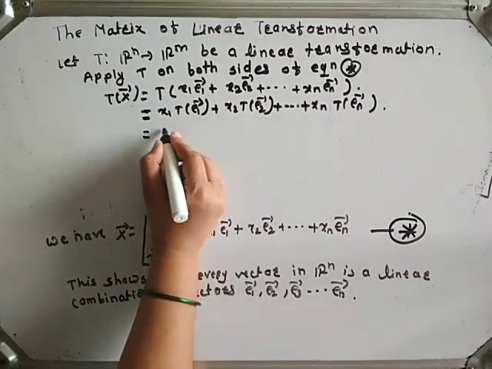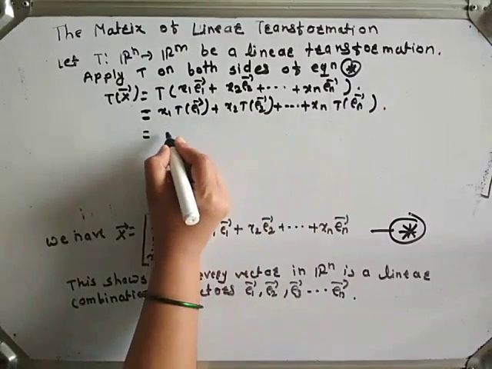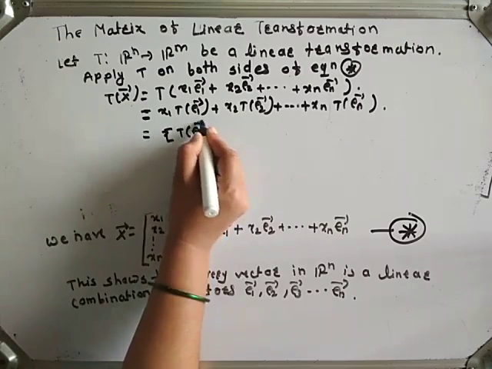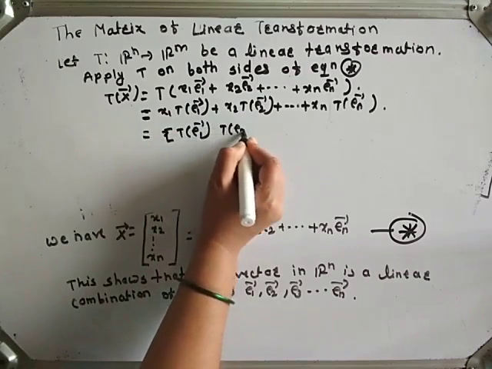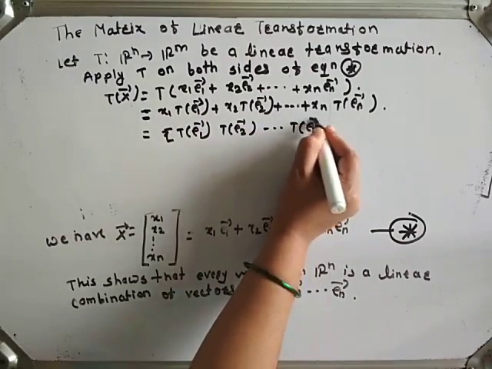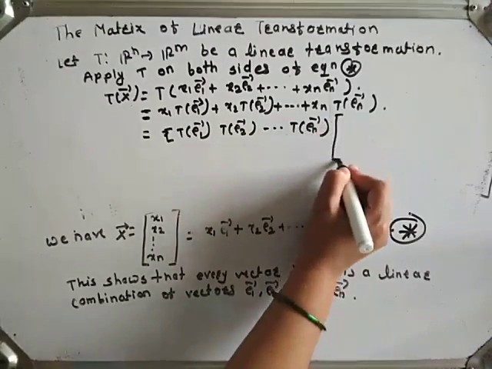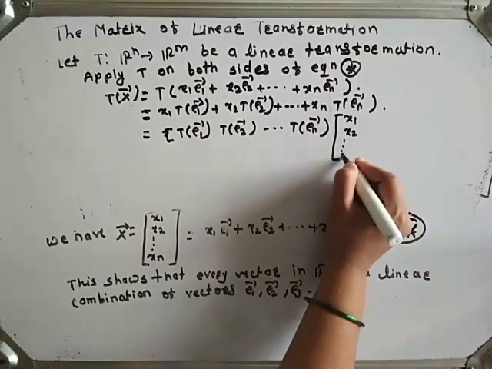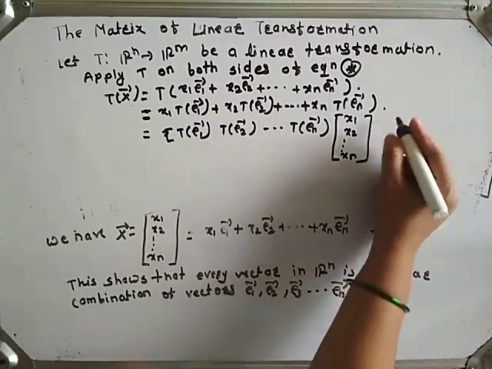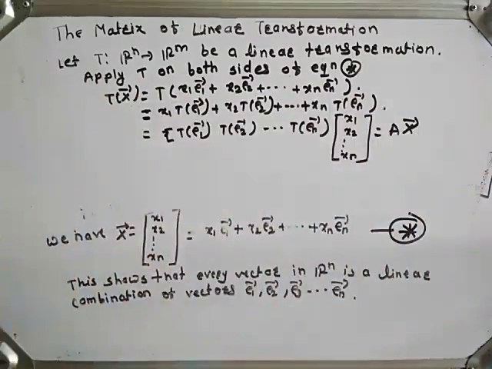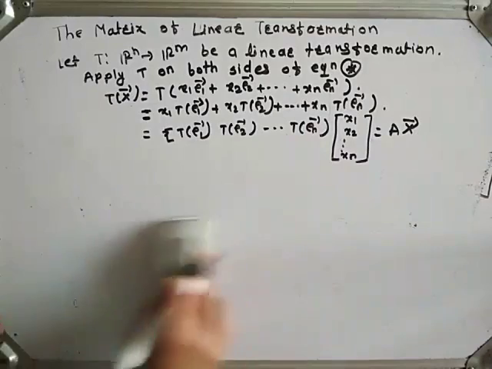This can be written as matrix T of E1 bar, T of E2 bar and so on up to T of En bar into matrix x1, x2 and so on up to xn, which is equal to A into x bar, where